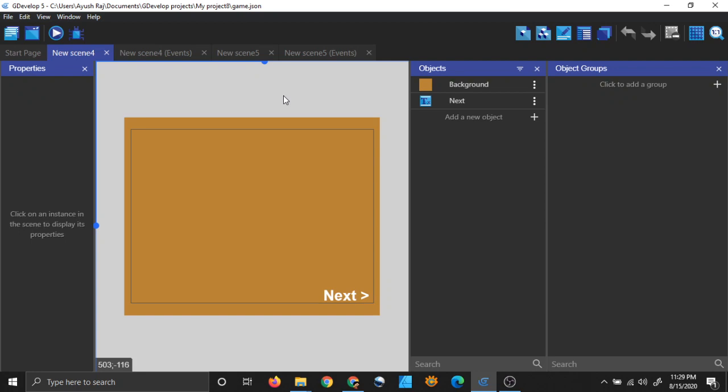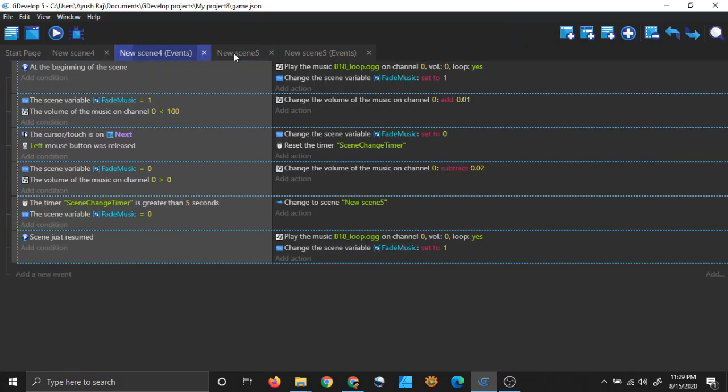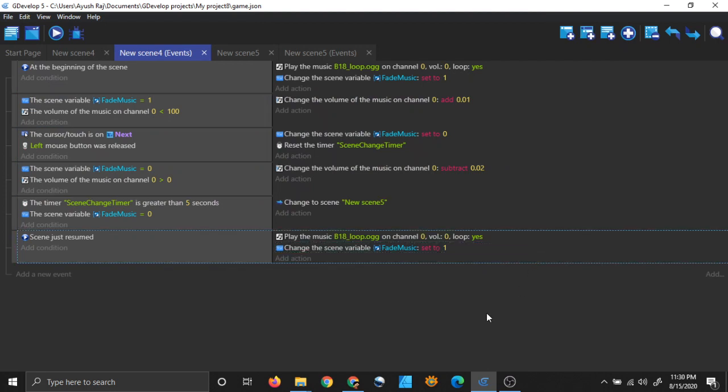So as you can see, our code is working properly, right? So that's how you can implement fading in and fading out in your GDevelop 5 game, and it's a lot of code, I can understand, but that's one way to do it.